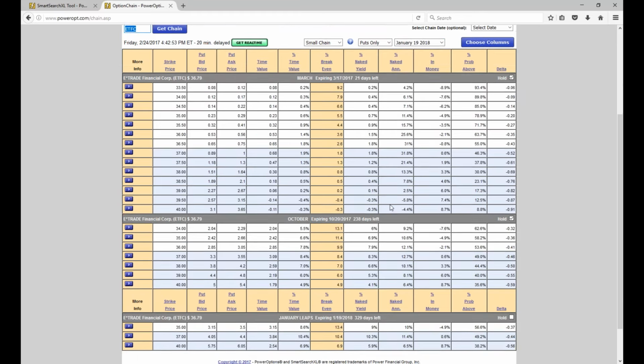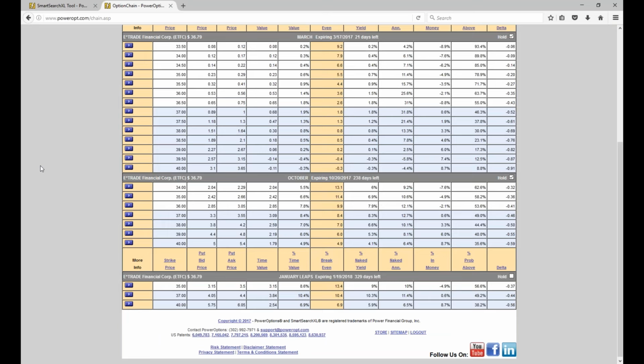Okay? So why am I showing this? Remember, we were looking at the 40 strike put. That's what came up in the search results. We want to be slightly in the money to get the best results. The March 40 strike put is a bid of 310 to 365 if I was buying it or selling it, 55 cents wide. Let's just call it a midpoint of 340. Let's say we could get 340 for that at midpoint.